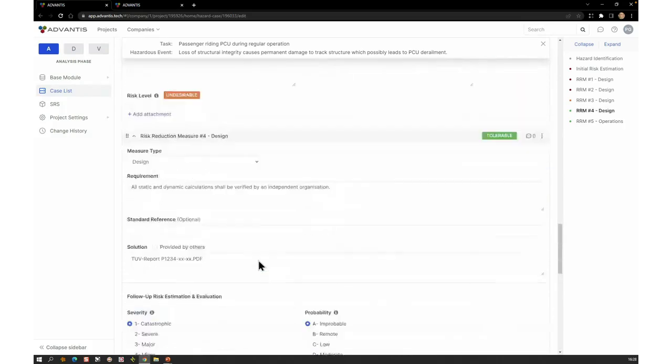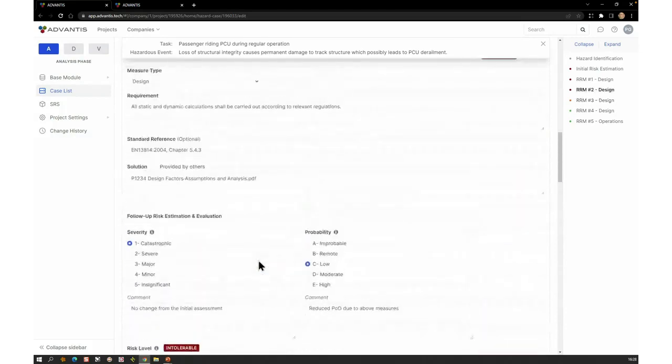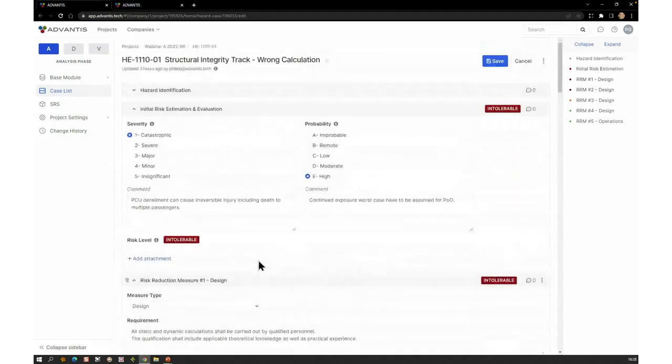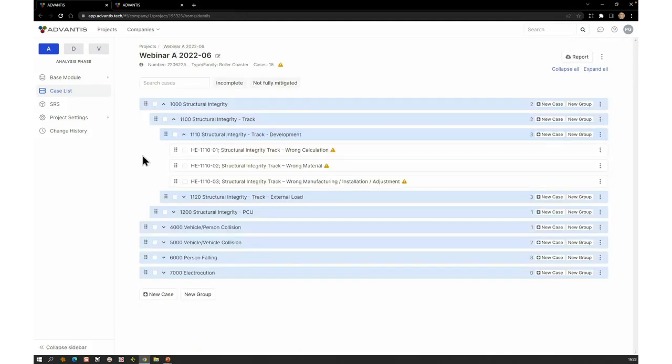So this is, in a few words, how a case works. Again, the ones that have worked with Advantis know this. So let's move on to a case where this company says, you know what, that's not in my scope. I think I picked